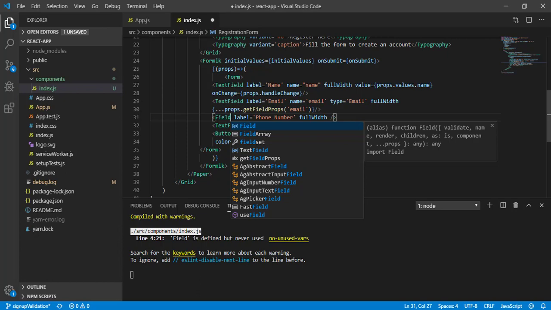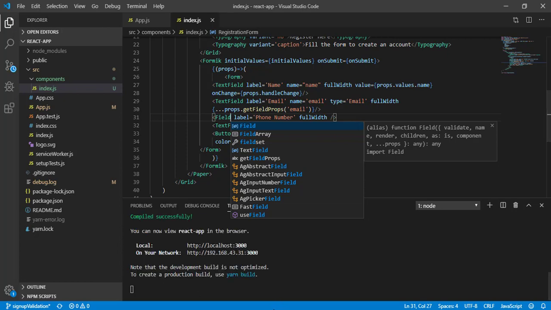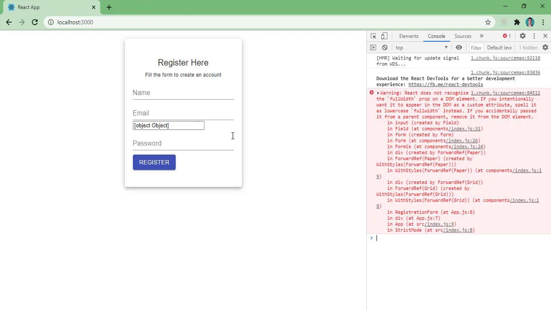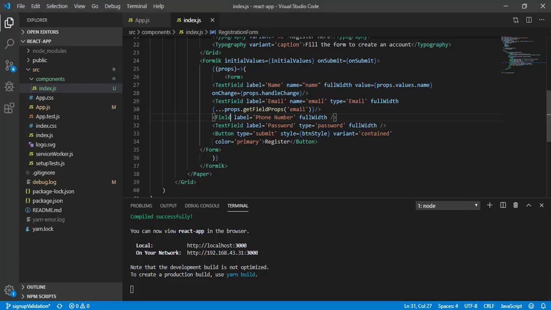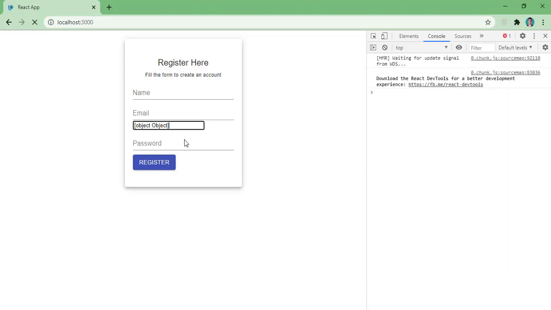Now let me save it and come to the UI. You can see I am getting an object and this is a simple input box. Now let's define the name. The name is going to be phoneNumber. Save it and let's come back here.